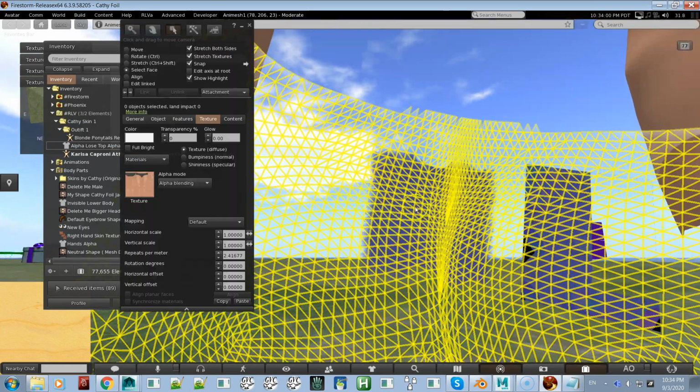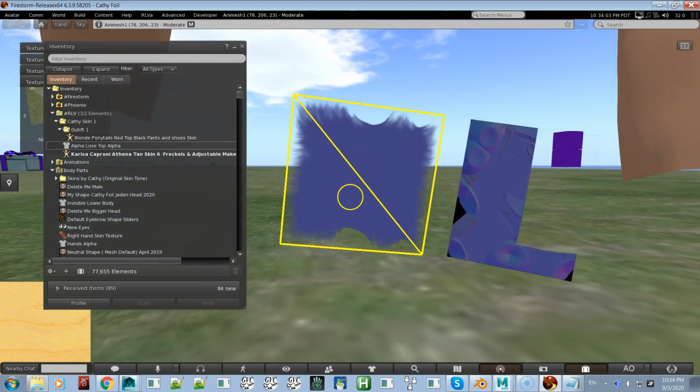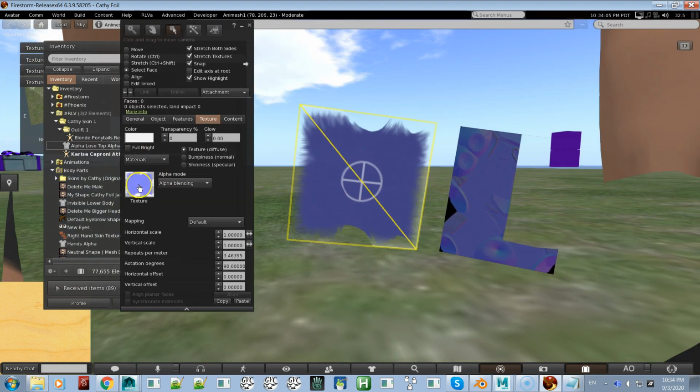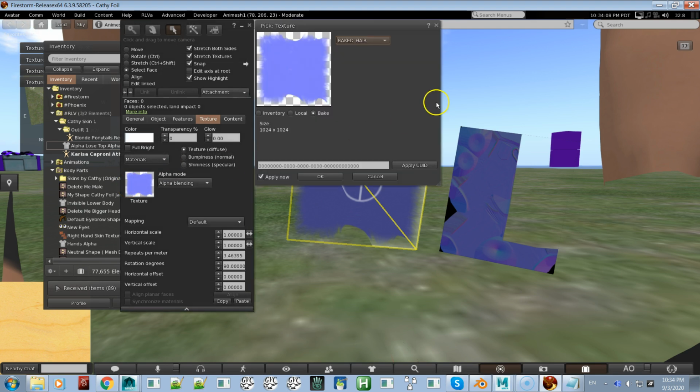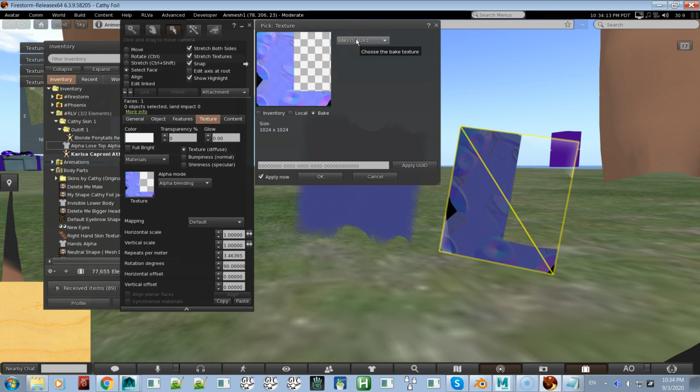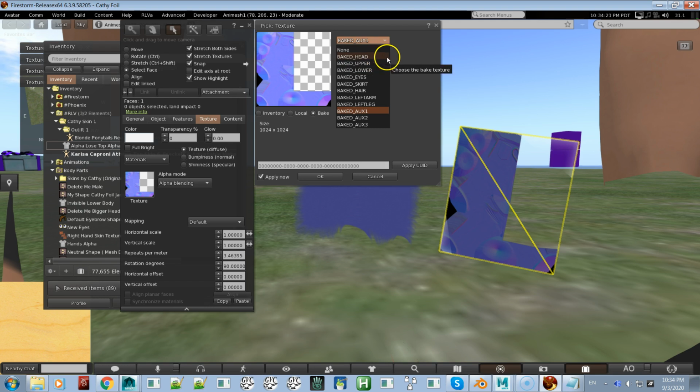So that if I come into here, these faces here are set to baking channels. And this one is set to baked hair, and this one is set to baked auxiliary 1. Now I say we need new auxiliaries because I think what we should do is we should have baked head, baked head normal, baked head specular, baked upper normal, baked upper specular, baked lower normal, baked lower specular, so that the